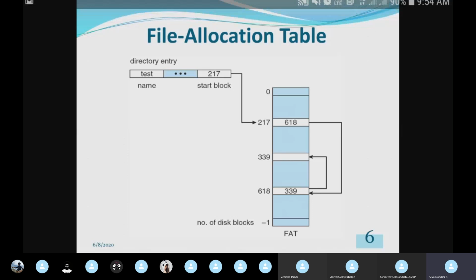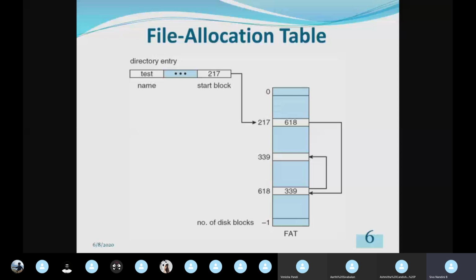Here I have assumed the disk storage in a linear fashion. So this 217 is the starting block of this file named test. This block contains the pointer to the next logical block.